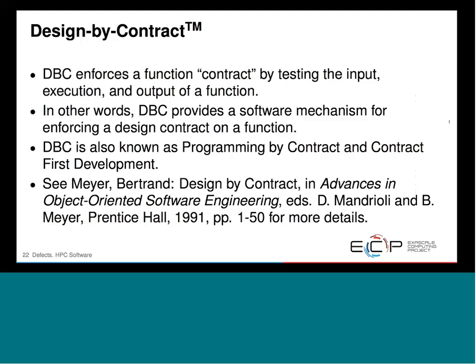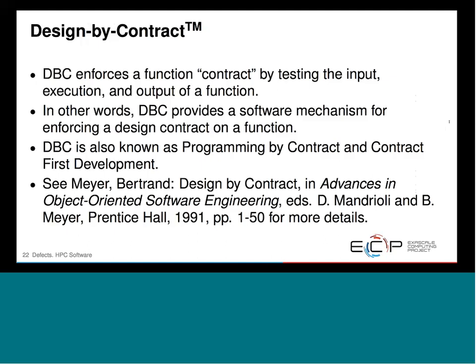But basically, DBC, as I'll refer to design by contract from now on, really enforces function contracts by testing the input, execution, and output of a function. Again, it's a software mechanism for disambiguating the requirements on a function. This is what I meant before when I say, write me X, and you take X to mean one thing, and I have an intent that's another. Design by contract can help disambiguate our fluffy human language,